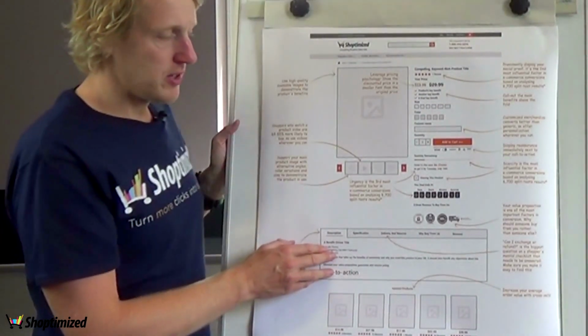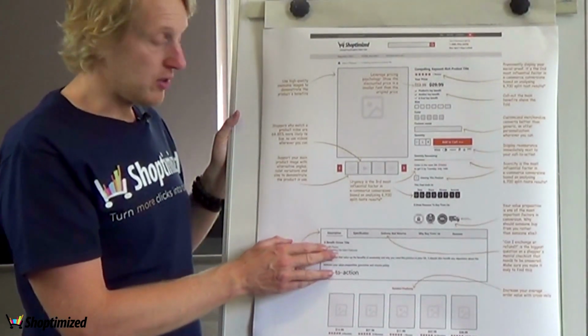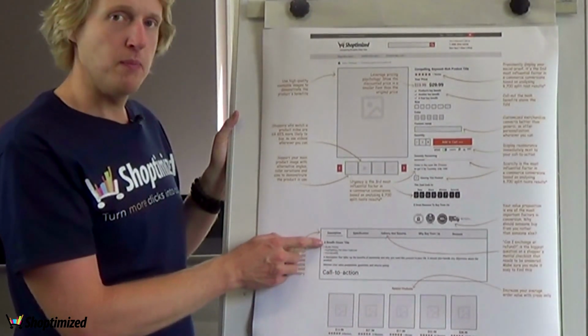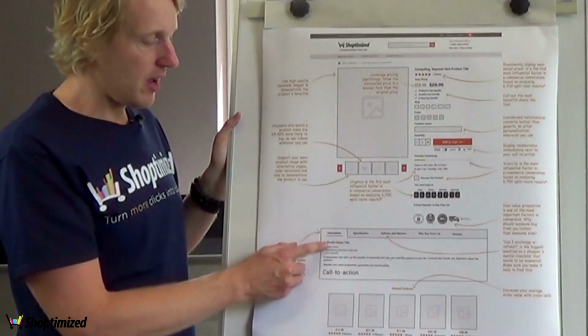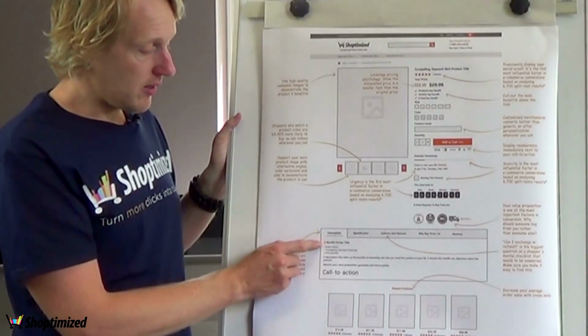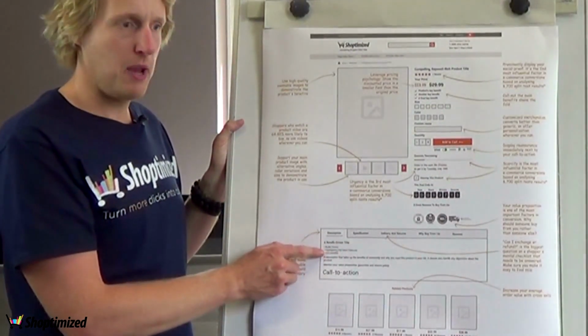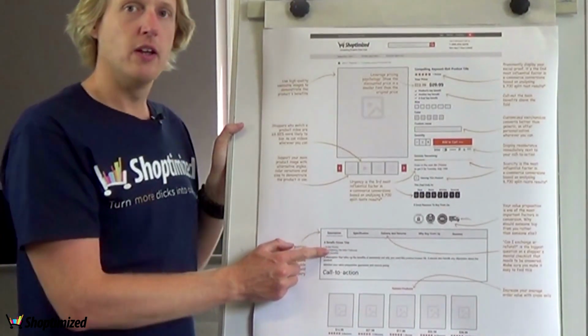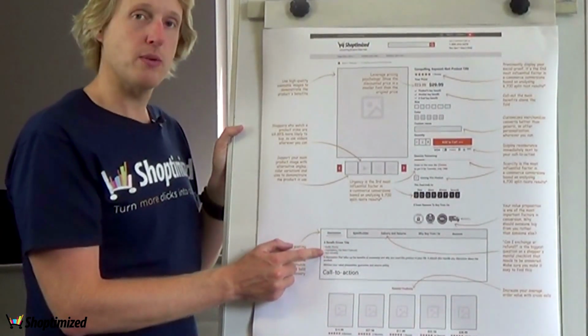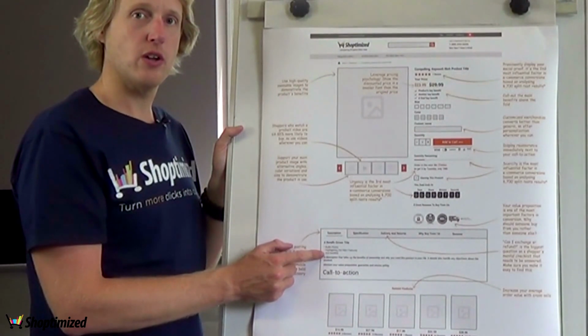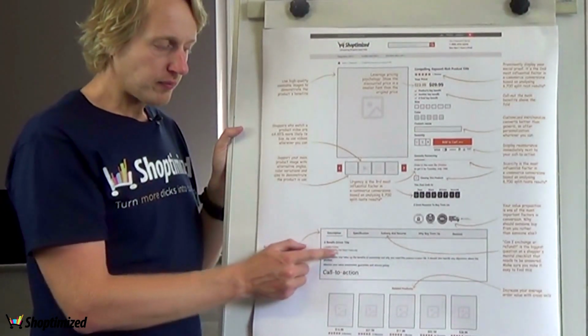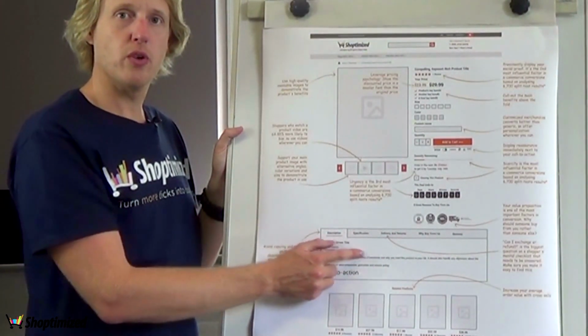So obviously not everyone's going to have those copywriting skills all the time to do it, but as a bare minimum, you're going to want to have a benefit-driven title, okay? Then you're going to have some bullet points to highlight the main features and the benefits of your product, okay? Most generic product descriptions just focus on features, so it's like, this product comes in blue, green, and red,